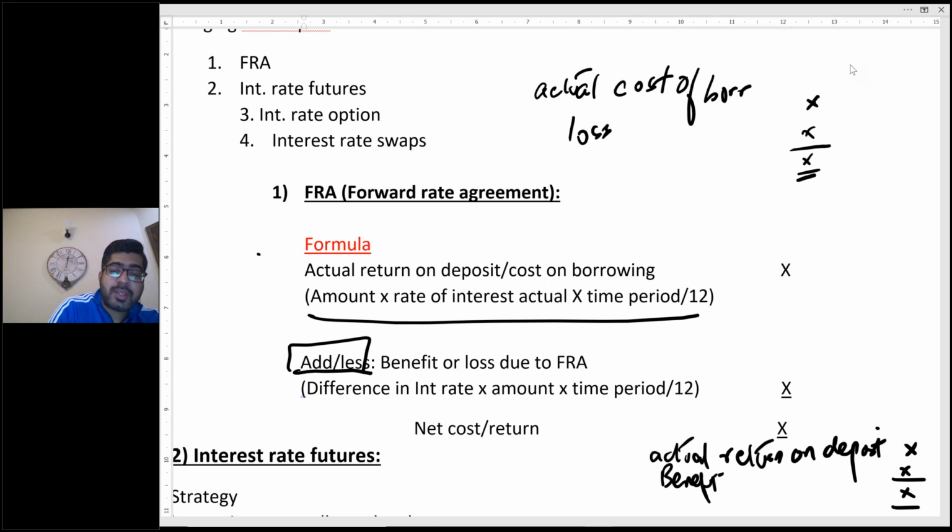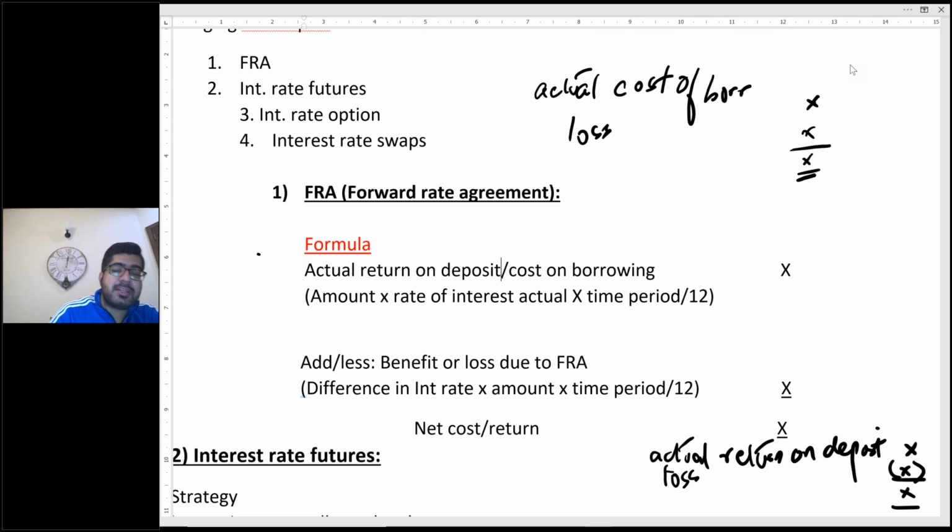But let's suppose you get a deposit case. So you will firstly write actual return on deposit, and then you noted that FRA gave you loss. So what to do with loss? Now here you have written return in the above statement. So loss is likely to reduce your return, therefore deducted. So that's why it's mentioned add less benefit or loss, because it can be added as well,